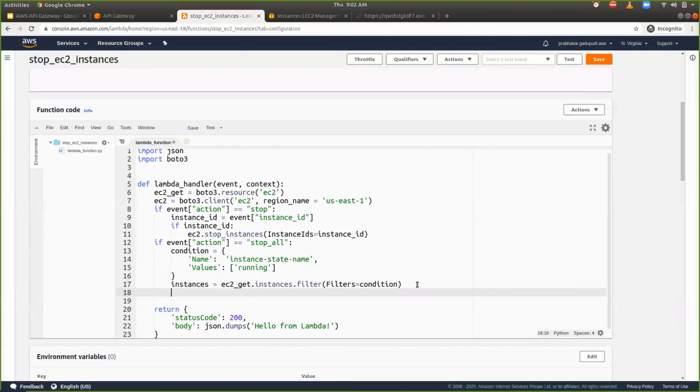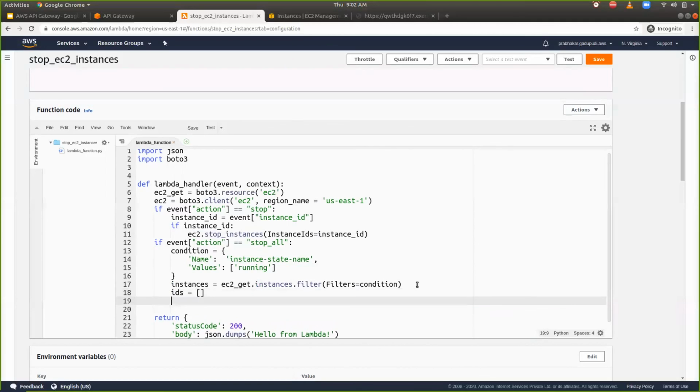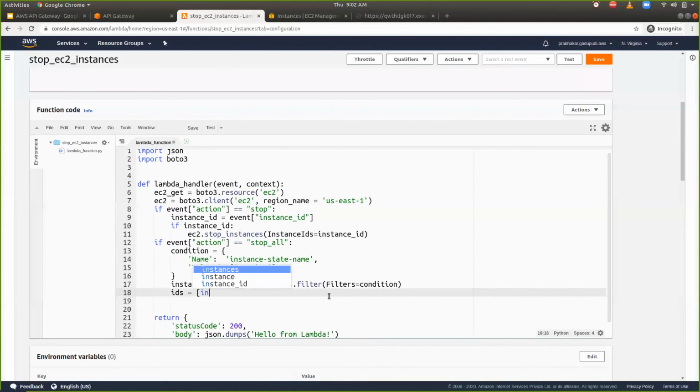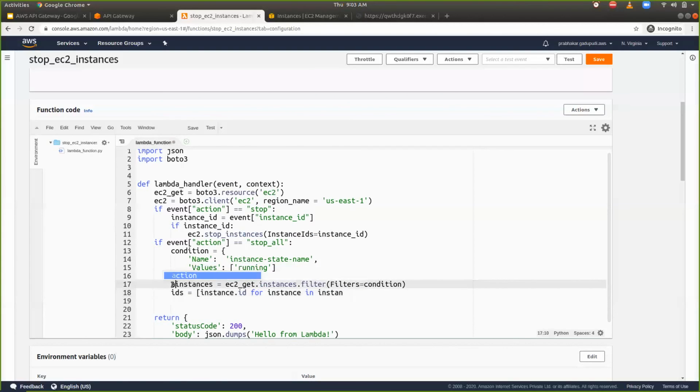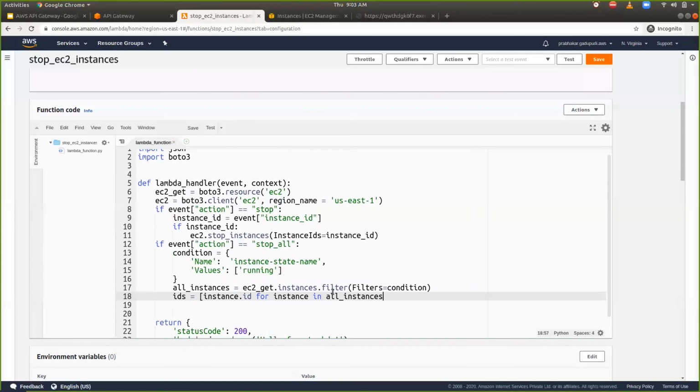So I can specify IDs equal to a list, instance.id for instance in instances, maybe I can say all EC2 instances. And so here I can get all the EC2 instance IDs.